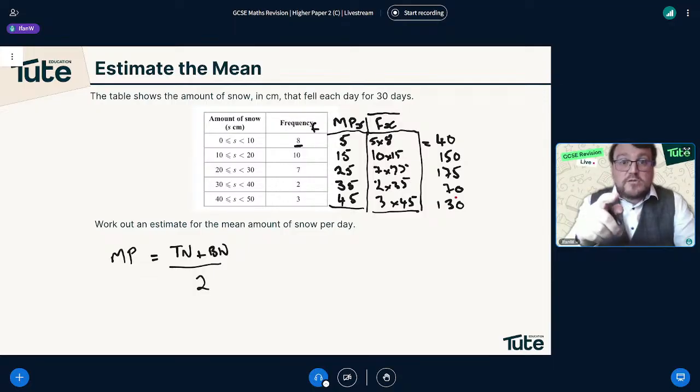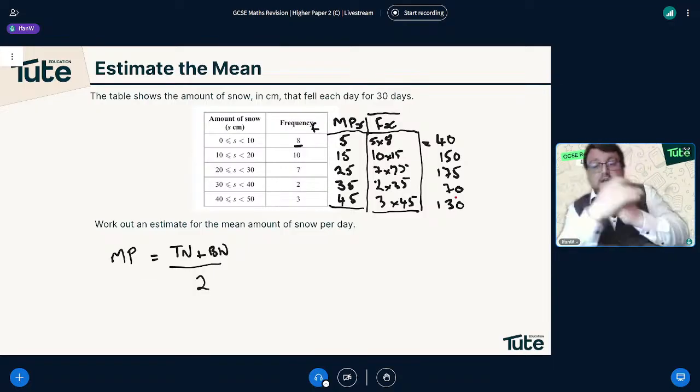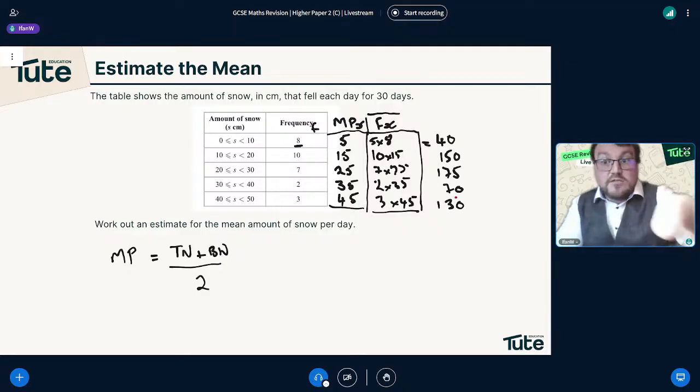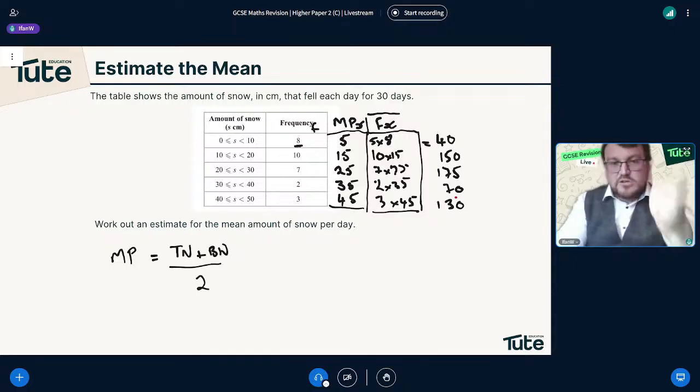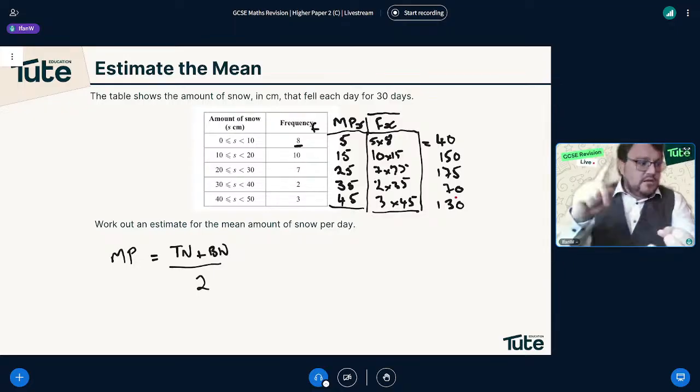Okay, so the table shows the amount of snow in centimeters that fell each day for 30 days. So the data, your information, is in the first column. Every time, your information is in the first column. So you mean